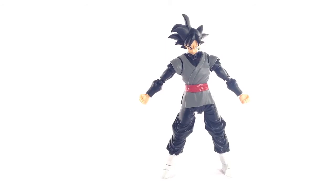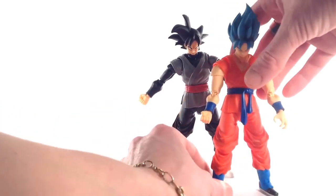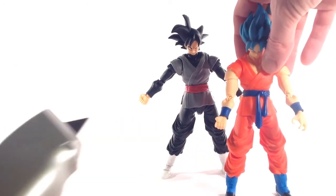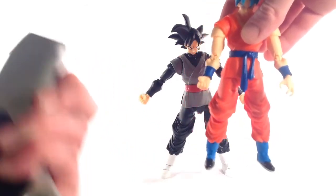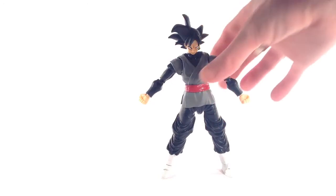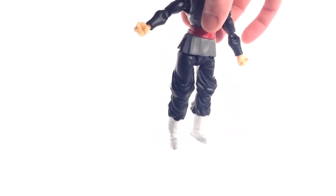Black's boots are thin and round, and the shoes that come on Super Saiyan Blue Goku, the boots have, you can see the lines and the stars and the shapes and all that in them. And so what I tried to do, kind of the best way I could, with a joint like that, I first went around cutting all the little lines off of the boots, and then with sandpaper, once I cut off as much as I could, with a fairly rough grade sandpaper, you can then sand around the boot to try and smooth it out and get the lines and the pattern of the boot off of the front